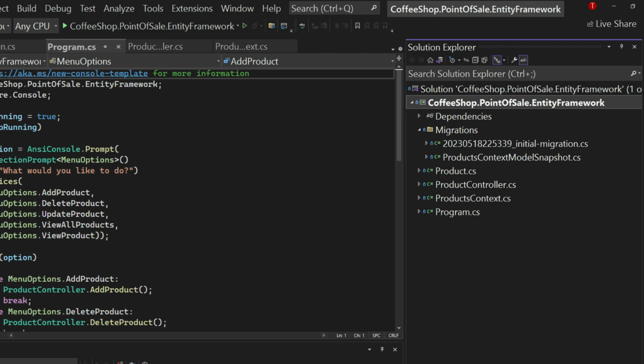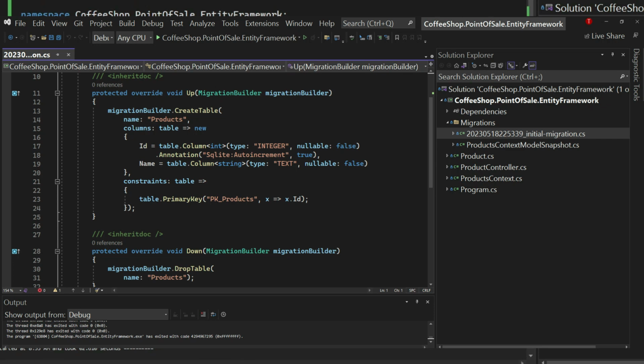So migrations in Entity Framework, they're just a way to manage changes in the database over time. So it allows us to evolve our database schema incrementally and helps us to keep track of it. So if you go into this initial migration class, you can see all the changes that are in this up method. We can see that a table is being created and all its properties and characteristics. We're not going to touch it in this tutorial, but this is a way to do minor adjustments to your